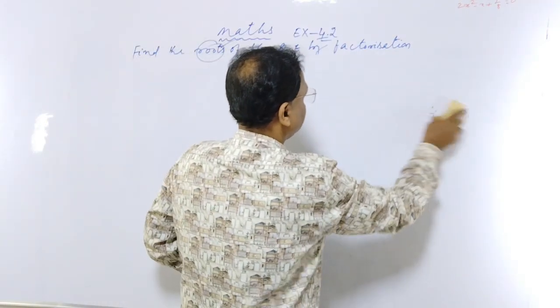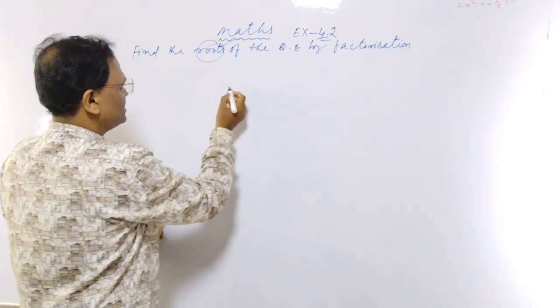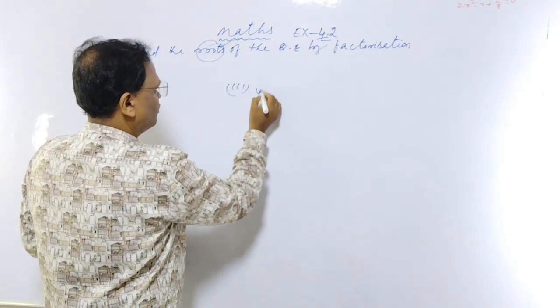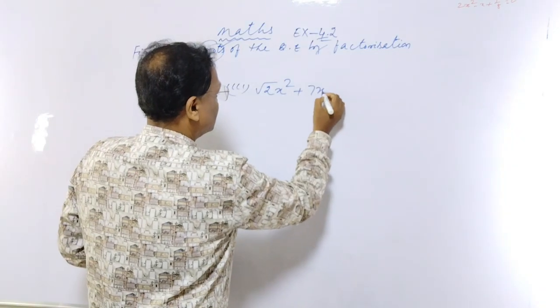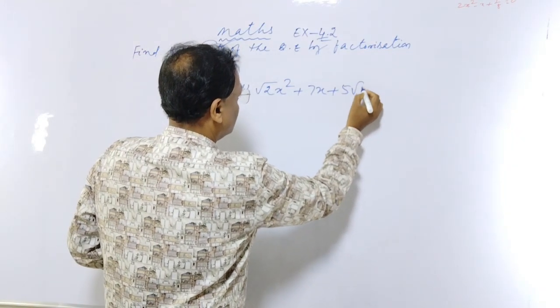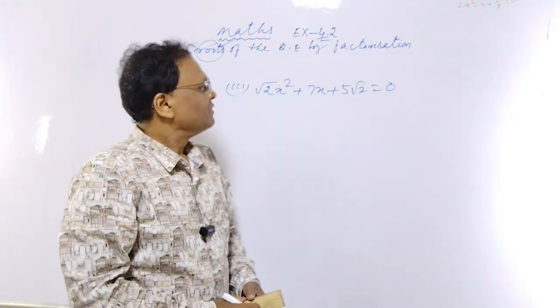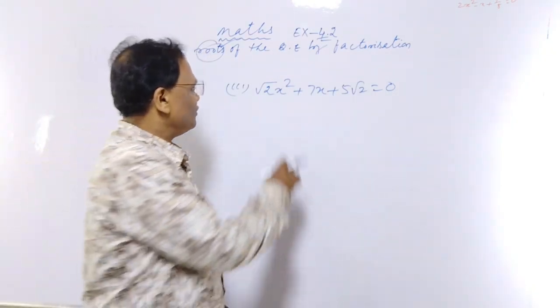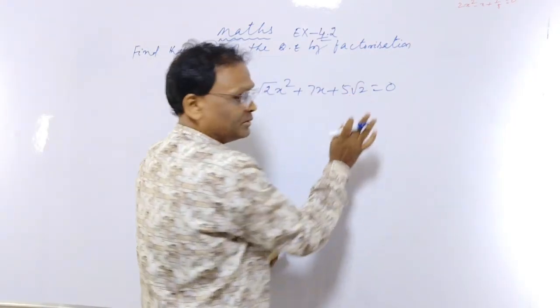Now the third one is root 2x square plus 7x plus 5 root 2 equals 0. This is the third one. Similarly, multiply the coefficient of x square and the constant. If I multiply, very simple. Don't